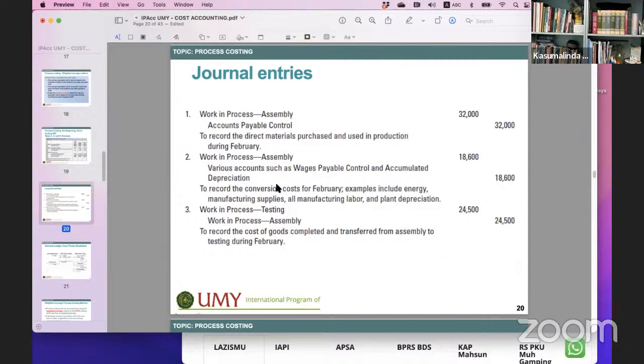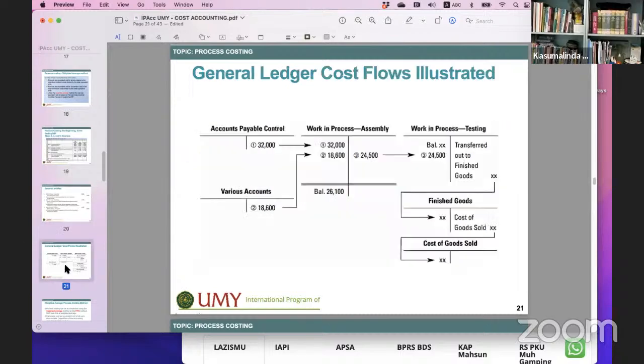So yang inilah the catatan number 3, the journal entries for number 3, where we need to credit, because we want to transfer to the next department. So we have finished in this assembly department, we credit it. Okay, we credit from the assembly department, and we put it on the debit side of work in process testing department, the next department. And the testing department will continue to process the product until it becomes finished goods. Then only we will transfer to finished goods account. Okay, this is the flow